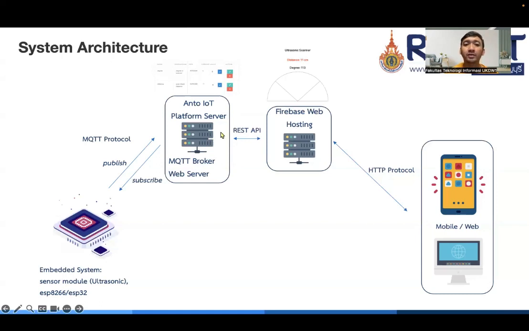Then we can host the website on Firebase web hosting, and we can access the website everywhere after we deploy it to Firebase web hosting. So we can access it with a mobile phone or on our desktop computer. So this is the system architecture for this ultrasonic scanner.